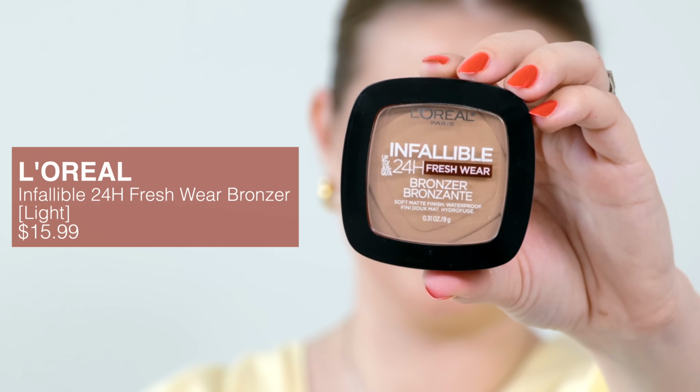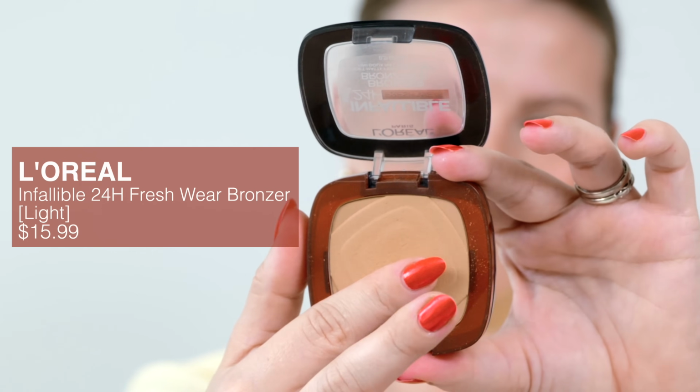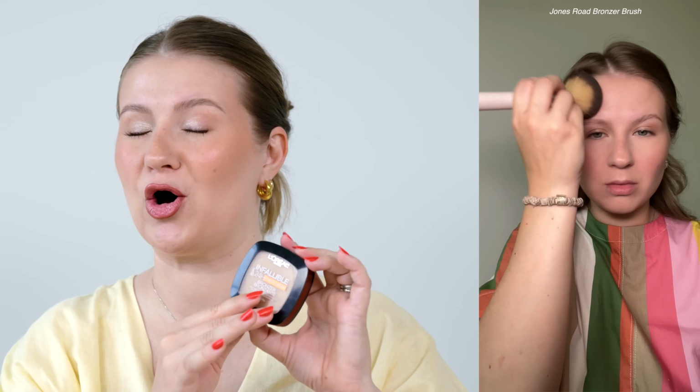These still have to be one of my favorite bronzers from the drugstore. This is the L'Oreal Infallible 24-Hour Fresh Wear Bronzer. I have shade Light. I don't know if they're discontinuing this product altogether because I think Fair is discontinued, but I also can't find these in every single store anymore. So I hope not. If they are, I'll have to stock up on this formula because the formula is very